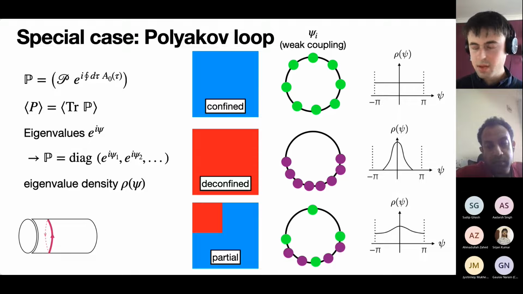But in principle, this sort of definition can work at finite N also, right? This center symmetry based definition that you just made. Yes, this part can work at finite N. The eigenvalue density part isn't precise at finite N. But my question was, partial deconfinement seems like a sufficiently mysterious idea. At least in the case of full deconfinement or confinement, you have some intuitive notion of what it is. So I'm asking, what is the operational definition of partial deconfinement? Is it that there is partial center symmetry present? Is that the definition?